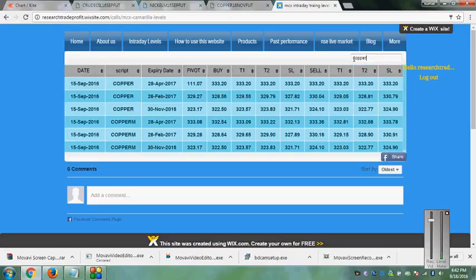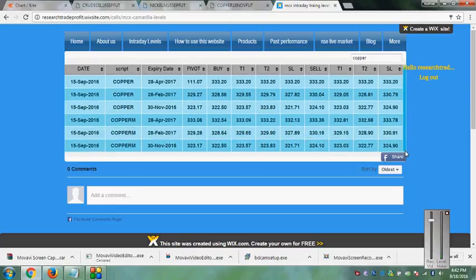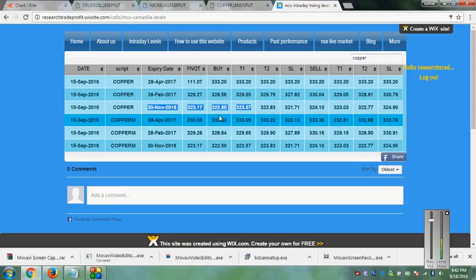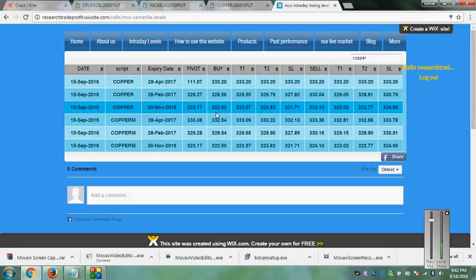Copper. Okay, we'll start with the copper only. This is the copper levels, and now it is running November contract copper. So here it is showing this is our buy entry. This is the first condition. I will be explaining so many conditions, how to particularly see the levels, and that will be taught only for paid members. Here I will show this is the buy entry 322.50 paisa, and sell entry is around 324.10